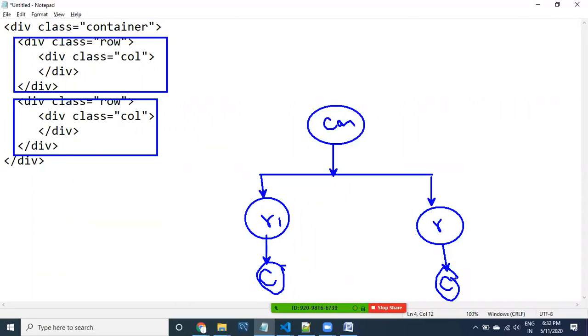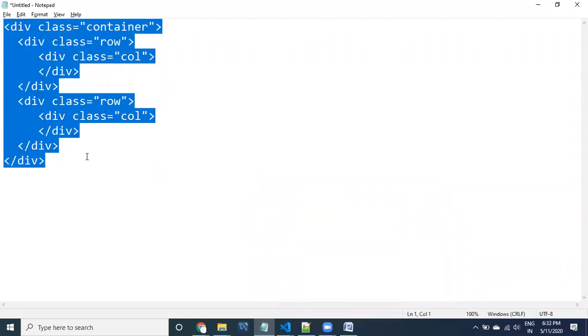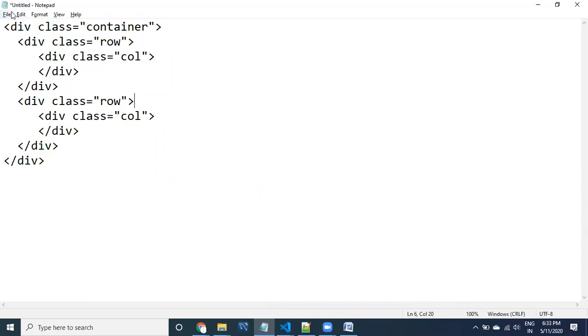All right guys, according to the HTML, one element may contain multiple elements, and a child element may again have multiple elements, and so on. One element may be available inside other elements. Because of this, the HTML is going to become like this. According to the HTML, the tree structure is going to be built.